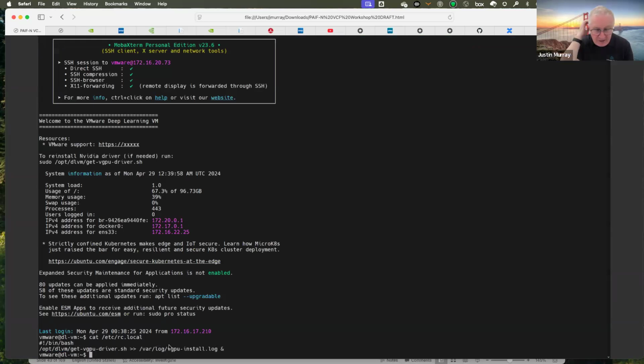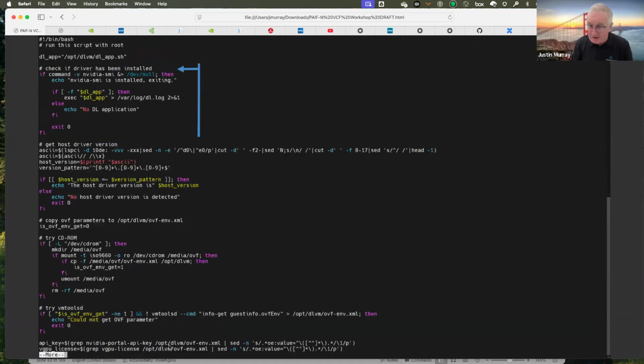So the very first thing that started up was the driver was installed, and all of the logging data is there for the driver installation, because this can be quite a tricky procedure, installing virtual GPU drivers. It means going out to NVIDIA, getting the driver, getting your license organized, and we've taken care of all of that. You can see the very last line on this screen here says, assign the license that this person has for their virtual GPU driver. A lot of detail here, I'm not going to go into it.